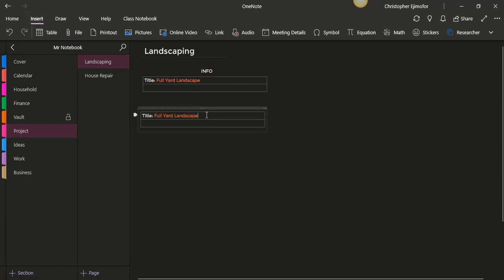Take this one out and just type in start date, and you put the date there, and you come down and you put end date,